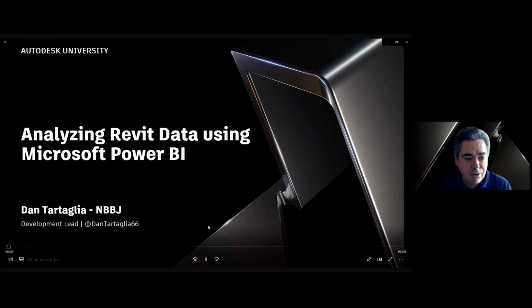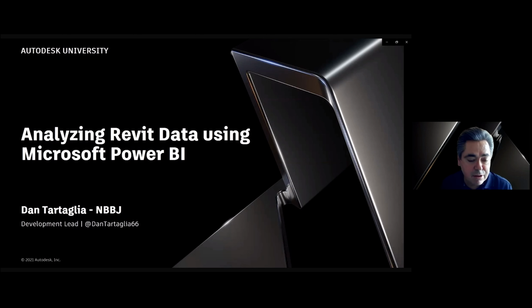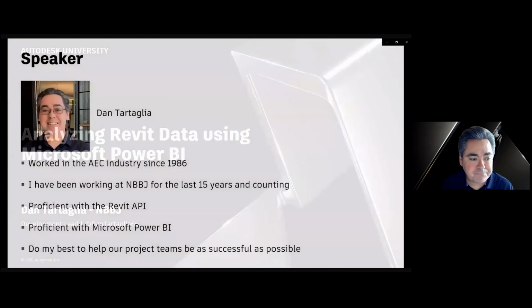Hi, this session is called Analyzing Revit Data Using Microsoft Power BI. If you're using Revit, then you need to do model health checks of your Revit models periodically to make sure they're running correctly and performing the way they should perform. In this presentation, we're going to go through the process of extracting data from Revit, health check data, using ID8 BIMlink into an Excel file, and then we're going to use that information in Microsoft Power BI to analyze and look at the data.